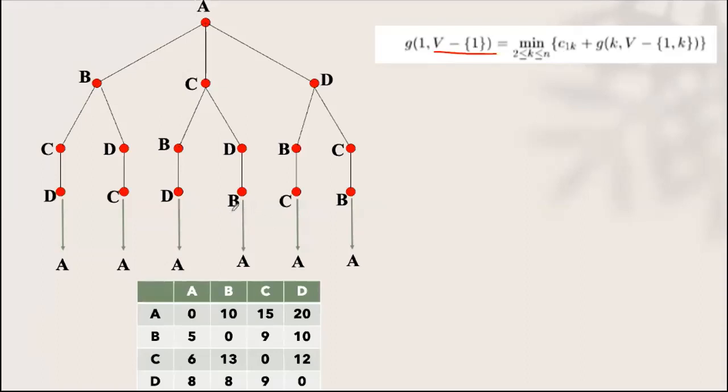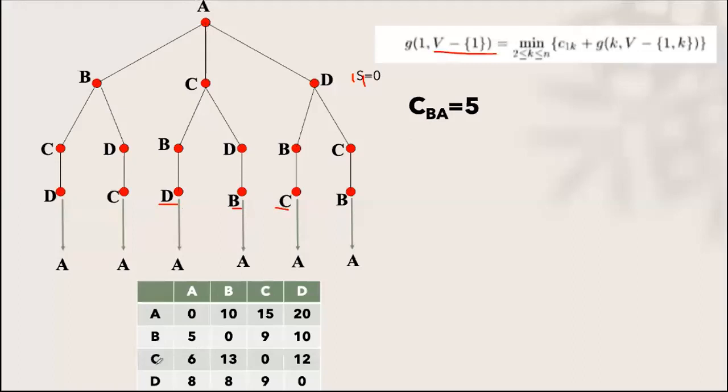See, almost we are at the end. That is, vertex set is equal to 0. I will be calling this entire thing the vertex set. So S is 0 means we are at the final node. It will be either B or C or D. These three are the final nodes. So what will be the cost from these three nodes to A? That I will try to find out. Cost of B to A, cost of C to A, cost of D to A.